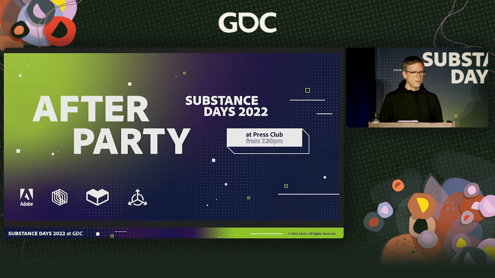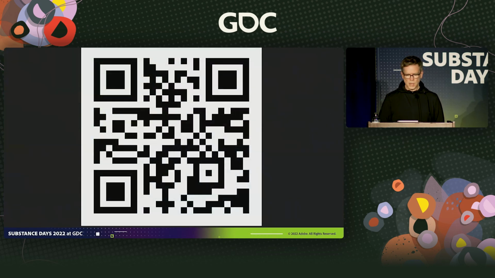And then we'll have a little after party. You're all invited, obviously. We'll have this party happening at the Press Club from 7:30 p.m. and more. Oh, by the way, I'm supposed to do that. So, this is the QR code for tonight's party, right? Am I correct? Okay. So you want to scan it? If you can do that now, that'd be great, so that you can easily enter. You will be on the list, and there will be gifts and good times all together after all these years.